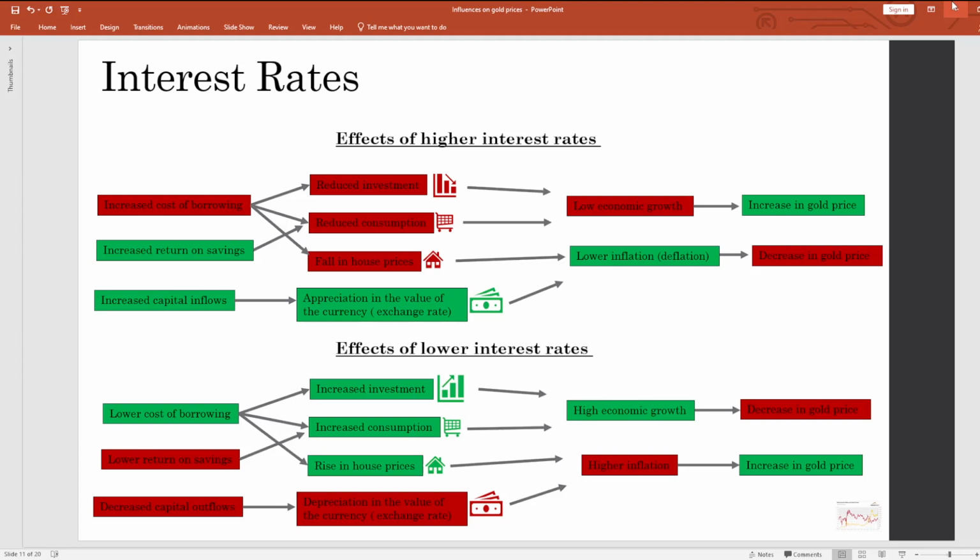So, when interest rates are rising, you have three things that happen. So firstly, you have increased cost of borrowing. So that is quite an all-encompassing point, because what I'm talking about here is